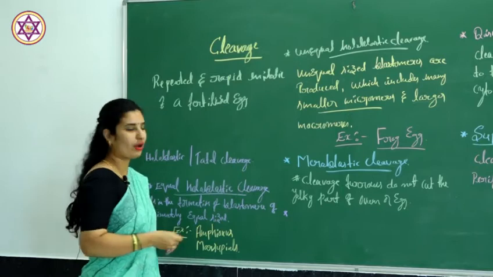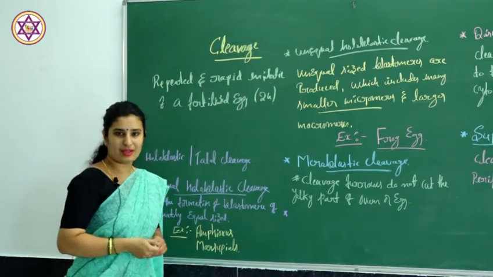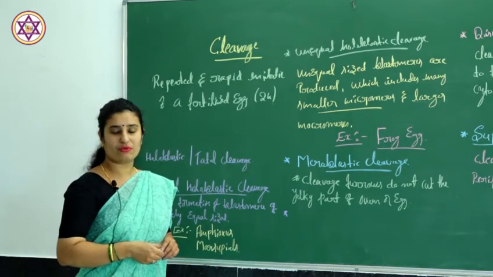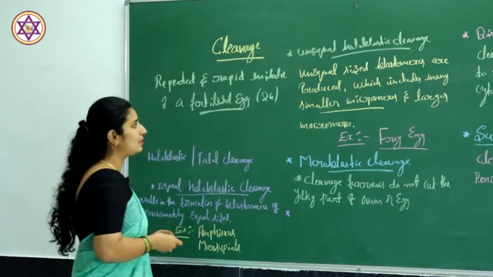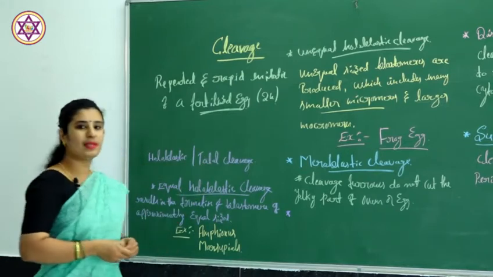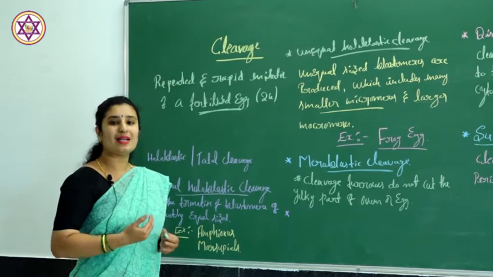Which means the diploid one, that is 2n in number. Okay, so cleavage is a process of repeated and rapid mitotic division of a fertilized egg. You have to mention this: fertilized egg, and it is diploid. As I told you before, fertilized means diploid, 2n in number, and it forms a mass of cells